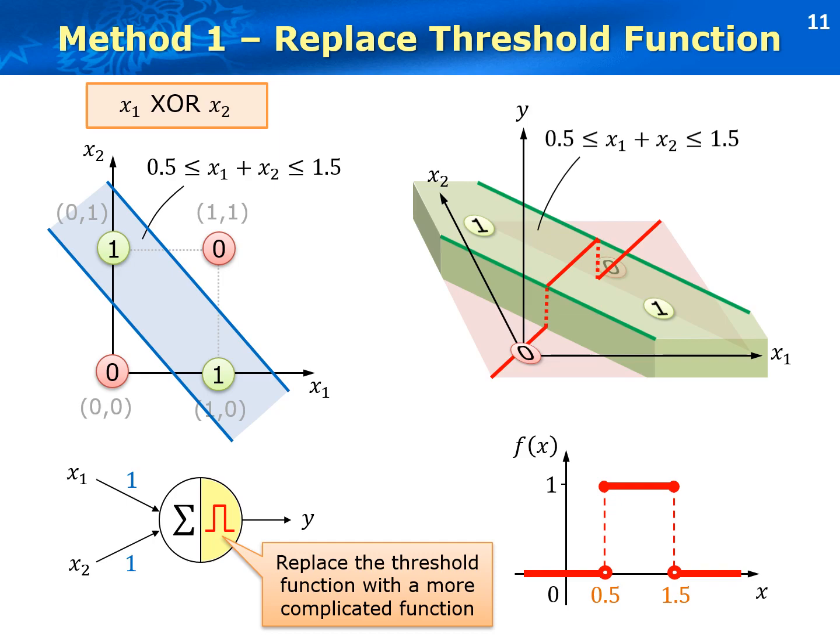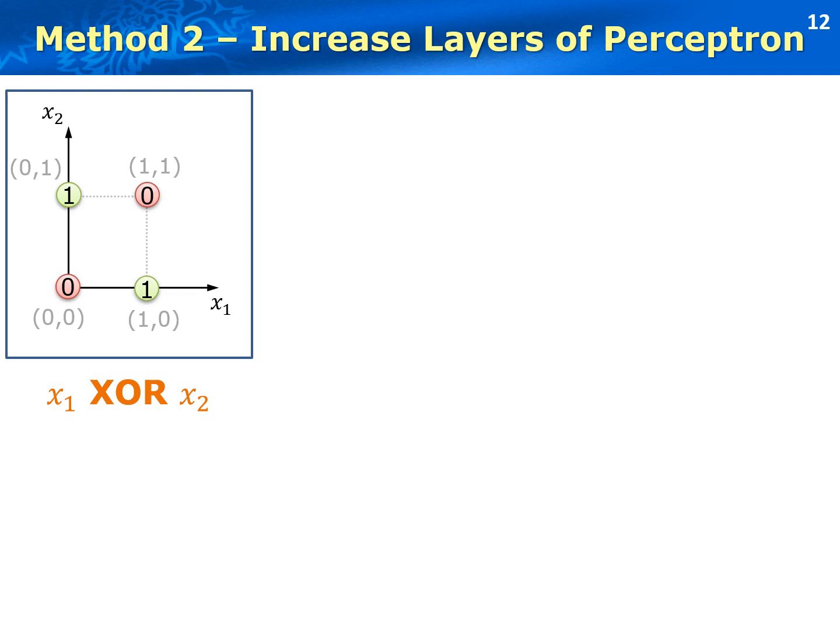The second method for XOR representation is to increase the number of layers and nodes in the neural net, while keeping the threshold function for each node. When the number of layers for perceptrons is larger than 1, we call this neural net a multilayer perceptron. To mimic XOR with a multilayer perceptron, our basic idea is to convert the blue region into the composition of several half spaces, such that each half space can be represented by a single perceptron.